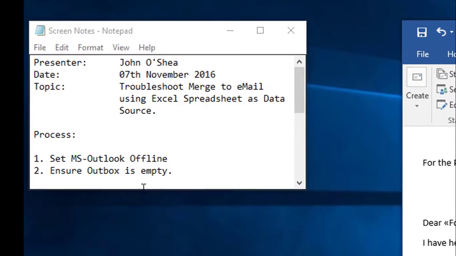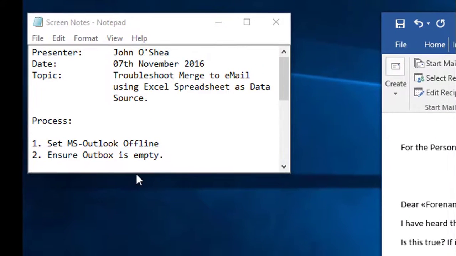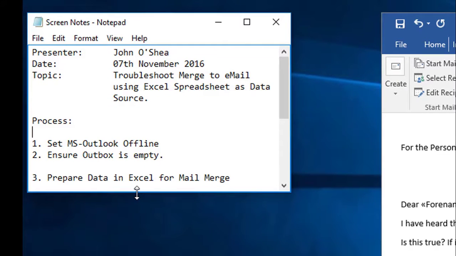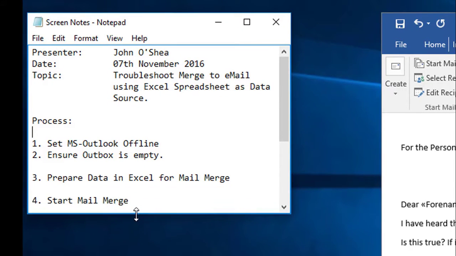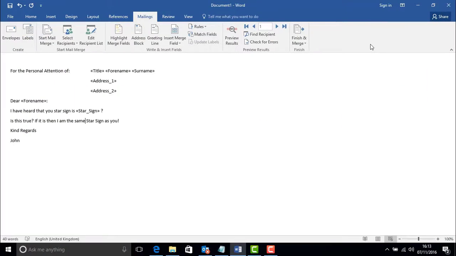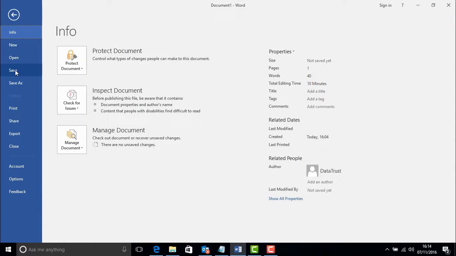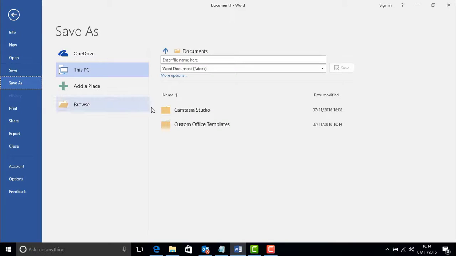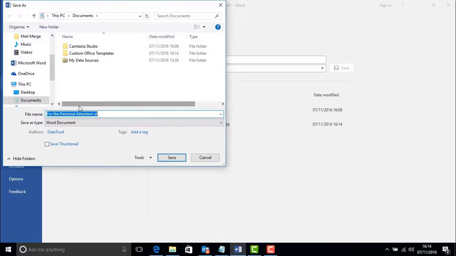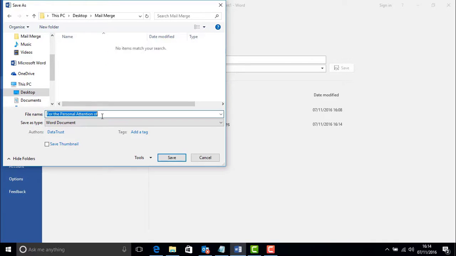And I want to come back here to my notes, which I'm just putting up here, and it is prepare data in Excel for mail merge. We've done that. Start the mail merge. I've actually already started the mail merge. Once we've created the document, the next thing I want to do is actually test this to see whether it's working. Now, it might be a bad idea to hit save. So if I hit save, it wants to ask me where I want to save it. So I browse, I go to my desktop, I go into the mail merge, and I say,